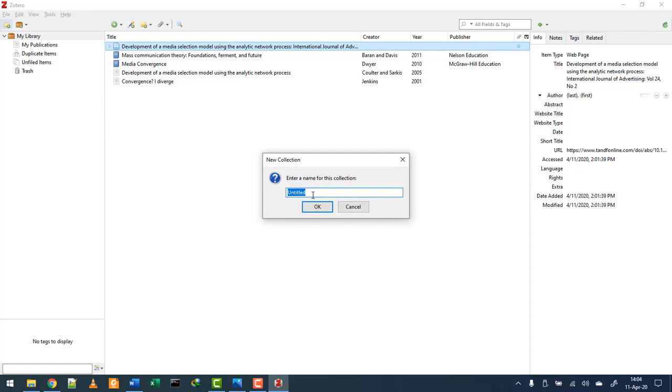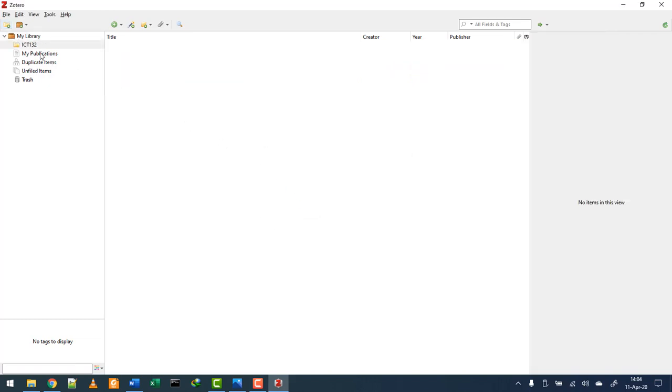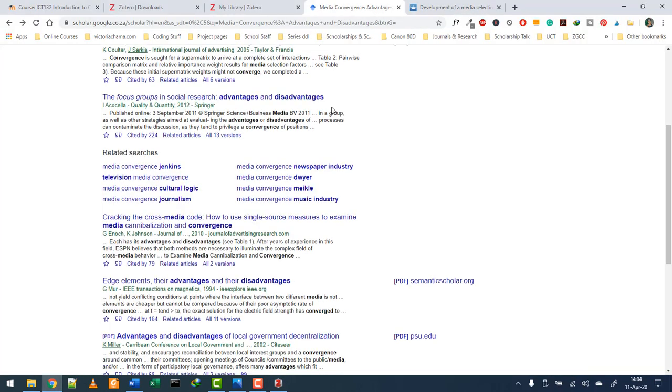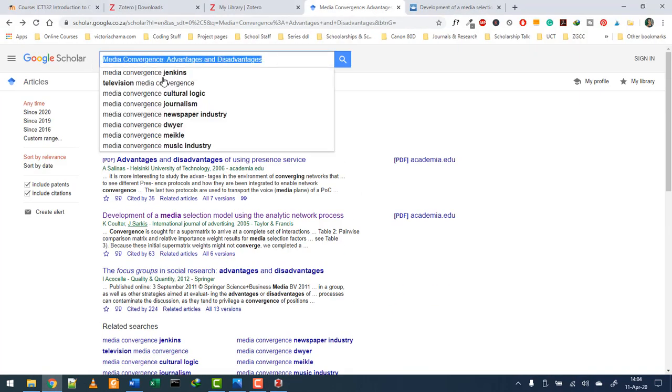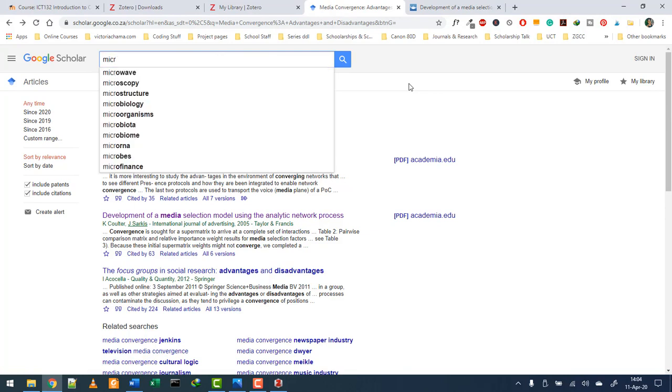So let's say we were doing references for ICT132. You'd simply create a folder, and then the new citations that will be added, if it is selected, will then be added to 132. So let's say now I search for Microsoft Word